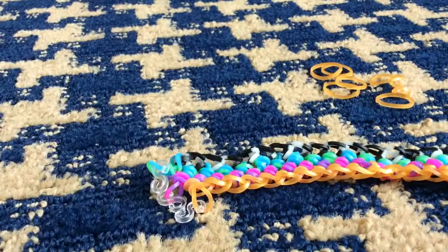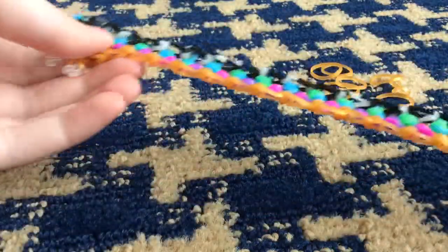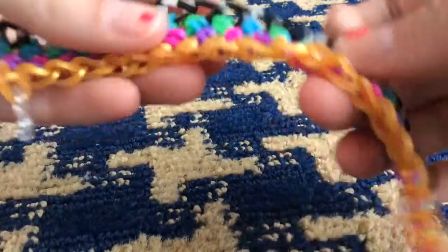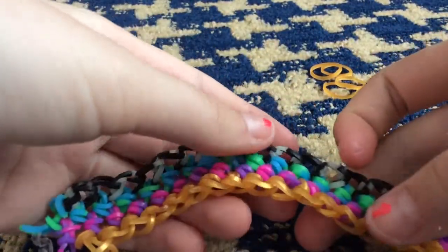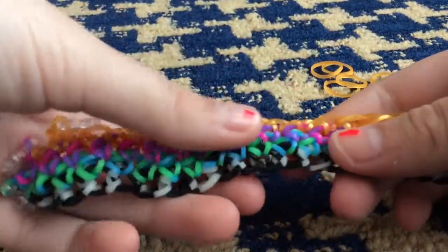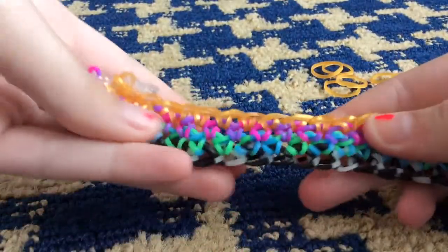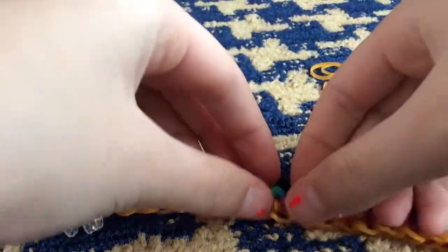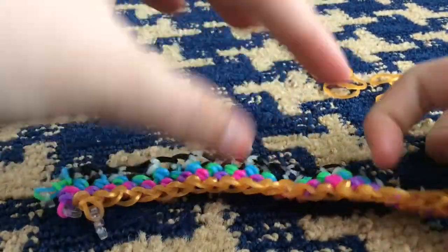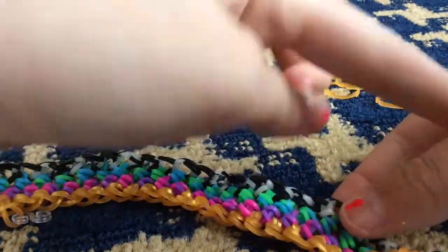Before we start the other side, I'm just gonna tell you a few things, because this is part of the part about your choice. When you Lumigrumi, you can see that there are these 2 different sides. There's the side with this puffy part, and then the not as pretty side with the slip knotty part. So what I'm gonna do, so that I don't get the not as pretty side and the pretty side together on the same side, I'm going to do this